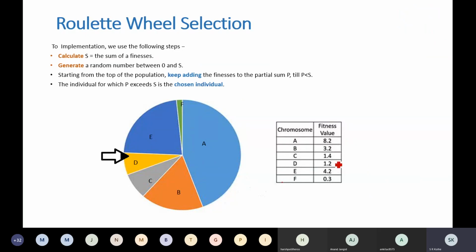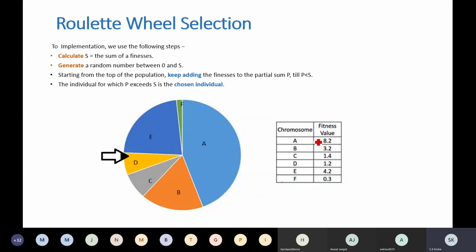Their fitness values are given here. A has fitness value 8.2, which is the highest, so the area of A is highest on this roulette wheel. The fitness of F is smallest, 0.3, so the area for solution F is smallest.